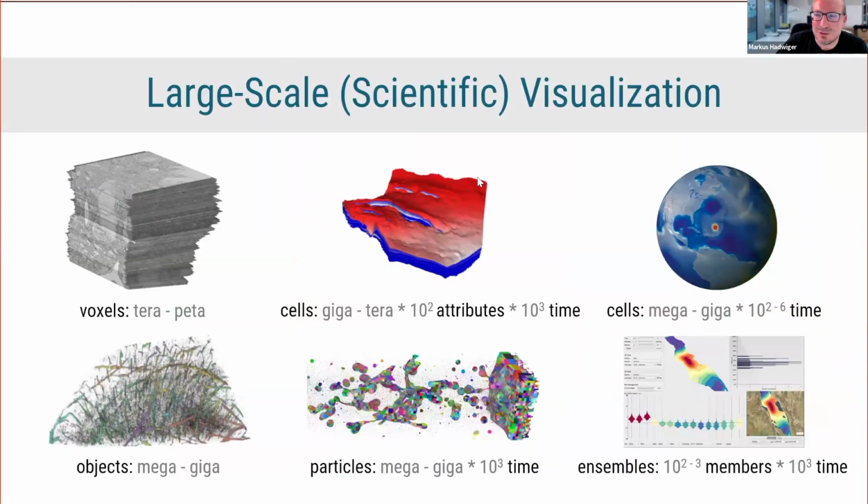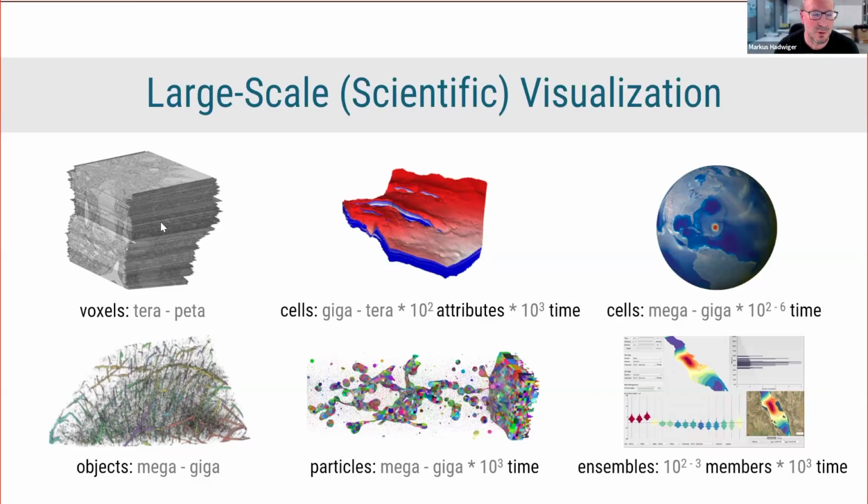So I wanted to talk about large-scale visualization. Sometimes you call what we do scientific visualization, focusing on spatial data. So we really have a strong focus on 3D spatial context. And what does large scale mean? So you could think about, I hope you can see my mouse pointer, this is like a large